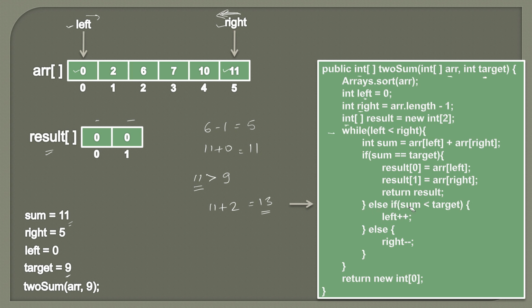So here these are the 2 checks which we perform. Sum less than target, so this condition comes out to be false because sum value is 11 and target is 9. So the else part will be executed, where you will see the significance of why we are doing right minus minus, because we need to shift right to this position, which means from 5th index we need to move to 4th index. So we'll simply decrement the value of right. So it would look something like this. Right becomes 4, and now it will point to the 4th index. I'll simply remove this.